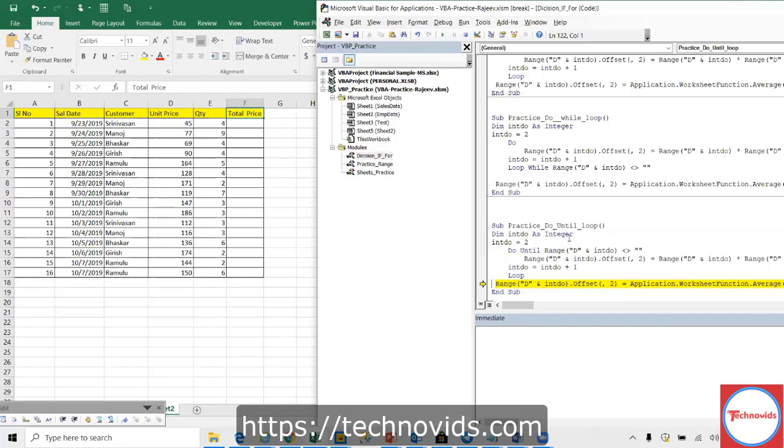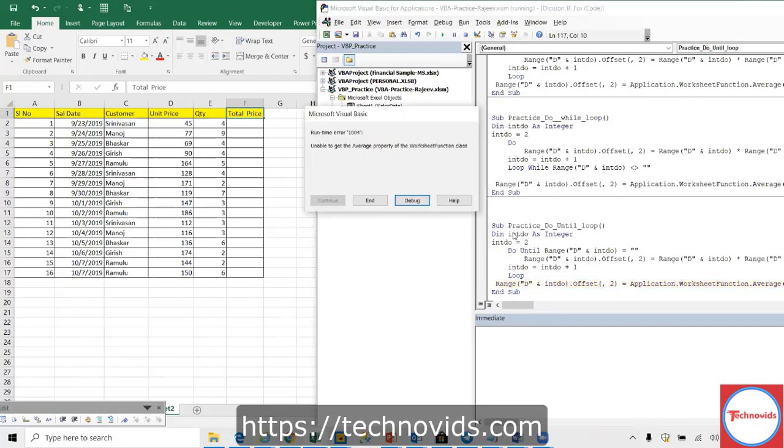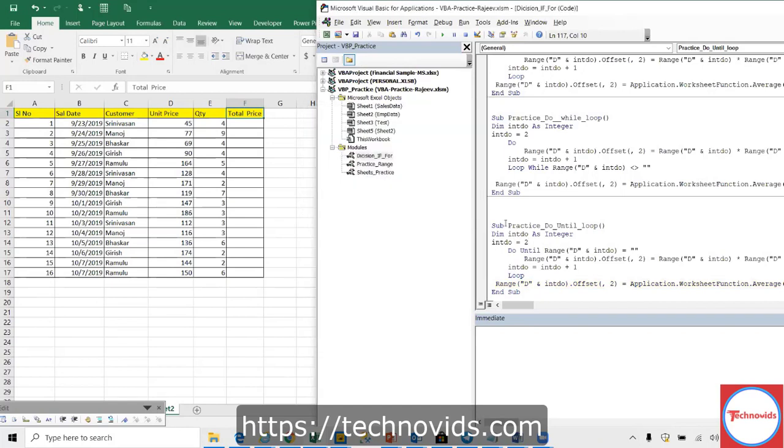Okay, so what we can do here, do until, I think this particular, anything you can think of? Equal to blank? Equal to blank, correct, exactly, reverse, no? So that is false and this is true, that's it. Okay, so till this condition becomes true, it will execute. There it is, till that condition becomes false, it's executing. Okay, yes. So let's end this and let us do this. It's a reverse of while, that's it.